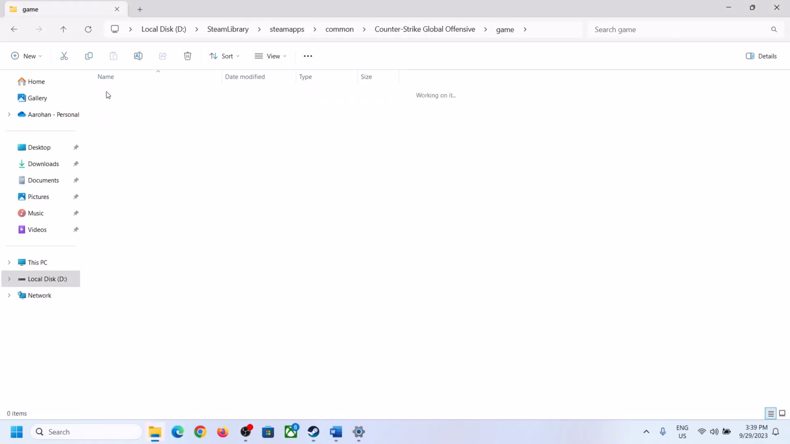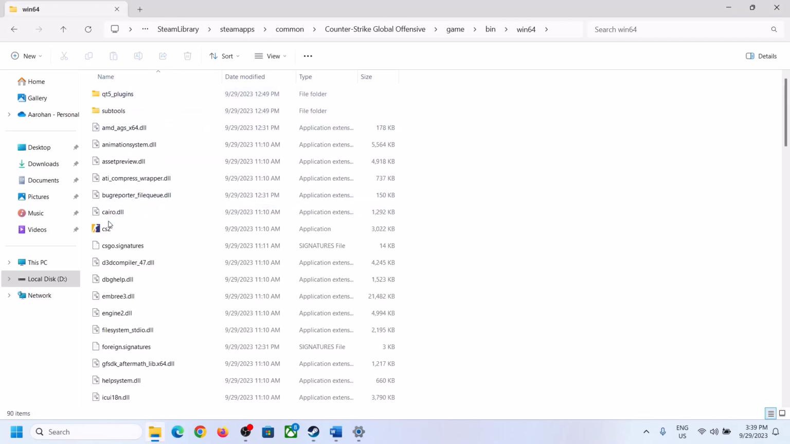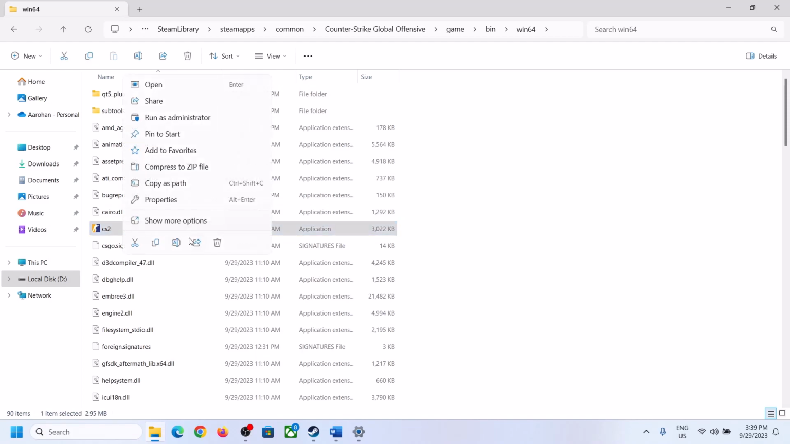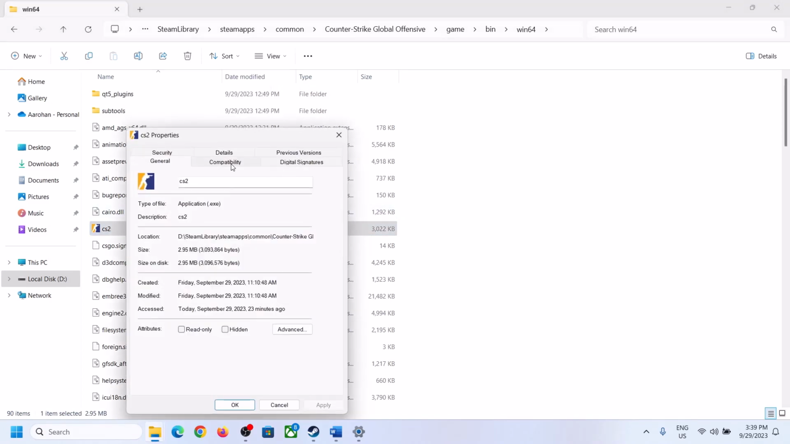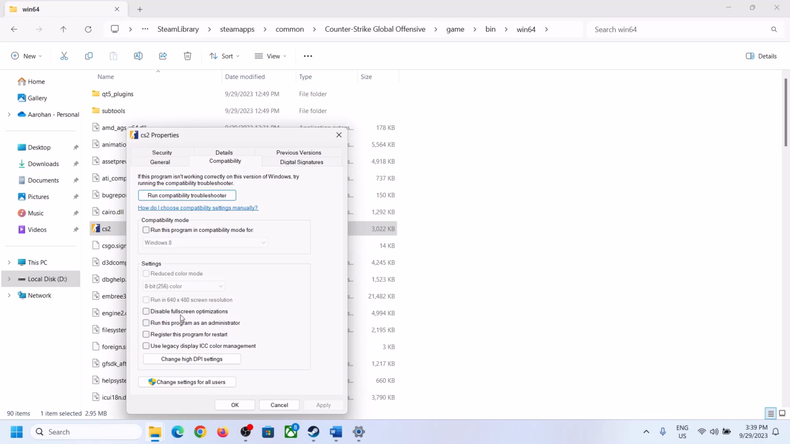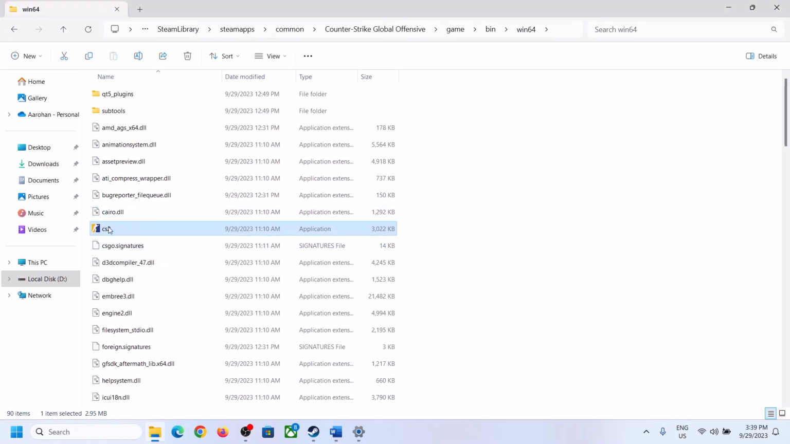Open game folder, bin folder, win64, make a right click on CS2 exe file, select properties and then go to compatibility tab and then put a check on the box which says run this program as an administrator. Then click on apply, click on OK. Now make a double click and launch the game from the game installation folder. So instead of launching the game from Steam, make a double click over here and then launch the game from